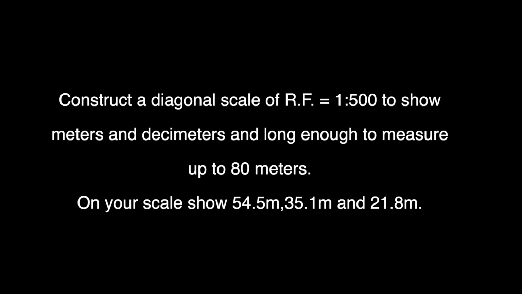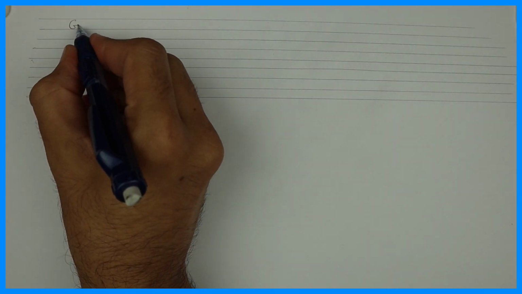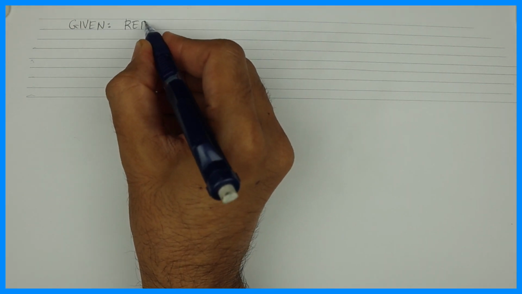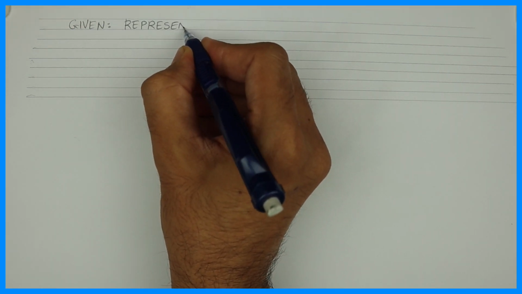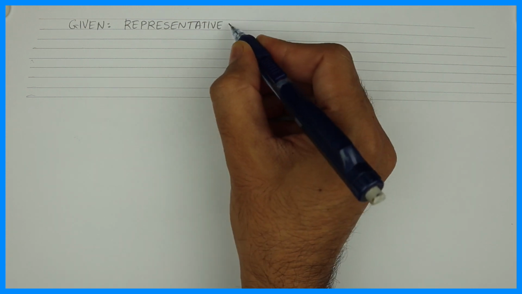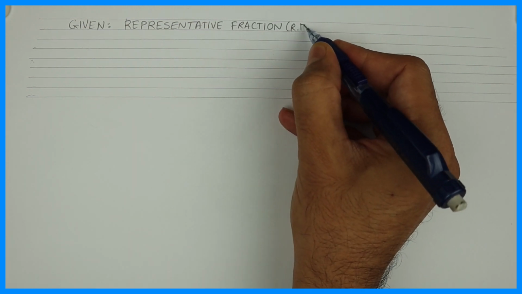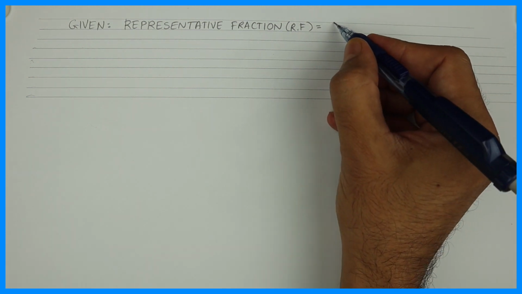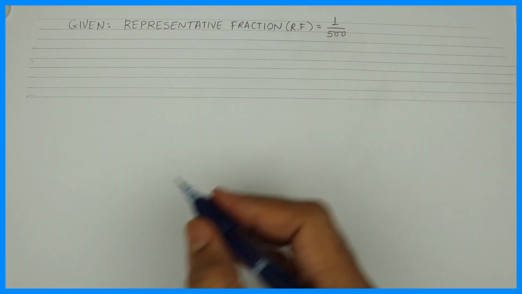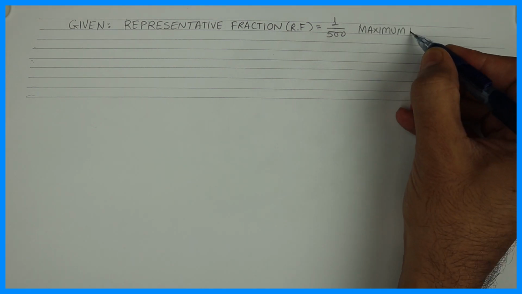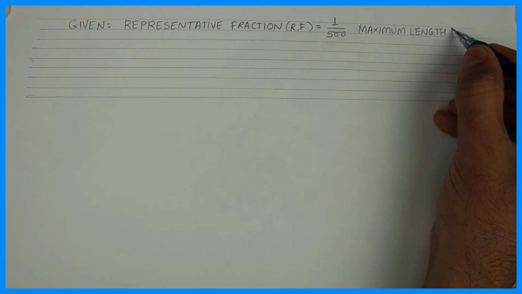So first we need to draw guidelines. Then we'll write given data, representative fraction, that is 1/500, maximum length is 80 meter,